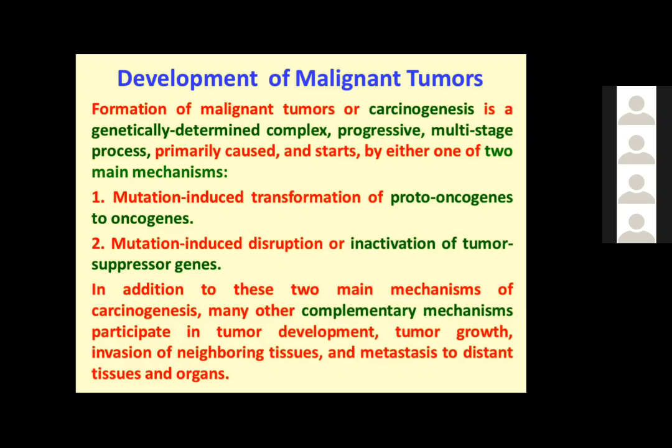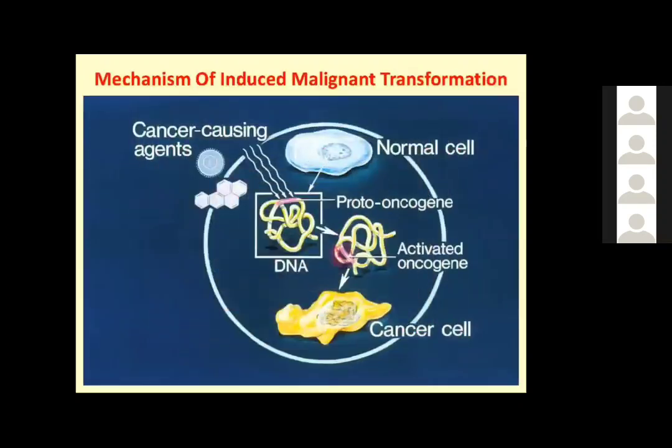The second major mechanism, mutation-induced disruption or inactivation of tumor suppressor genes. In addition to these two main mechanisms, في complementary mechanisms which participate in tumor development to tumor growth or invasion of neighboring tissue metastasis. As we said، مثلا